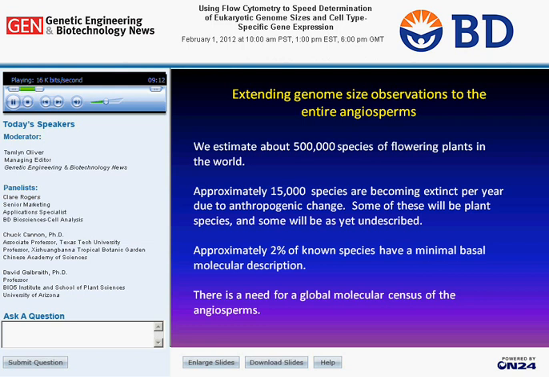Some of these, of course, will be plant species, and some of these plant species are as yet undescribed. If you want a feel for this, about 2% of known species have a minimal basal molecular description. Of course, the major crops do, but beyond that, there are very few plants that have been systematically studied. And so there really is a need for a global molecular census of the angiosperms before they all disappear. If we go to the next slide,